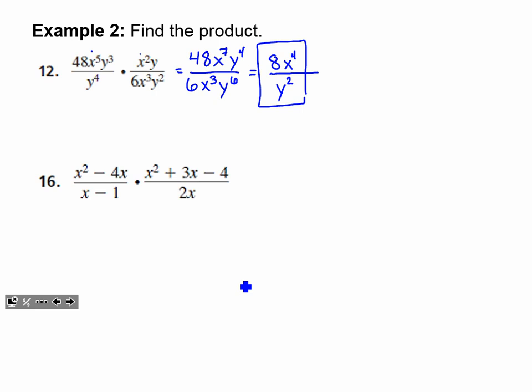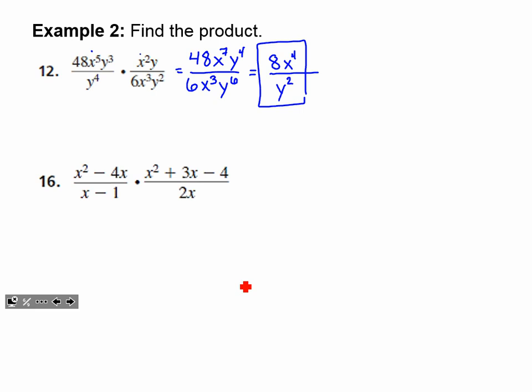If we wanted to see all of the cancellations, we wanted to cross off all those things that canceled, we could just simply write out 48 is 6 times 8, 7 x's multiplied together, 4 y's multiplied together, and cancel them all out. What we'd be left with is 8 in the numerator, 4 x's in the numerator, and 2 y's in the denominator, all multiplied together. So there's our answer. A more common problem would be one like 16, where we have some more obvious factoring